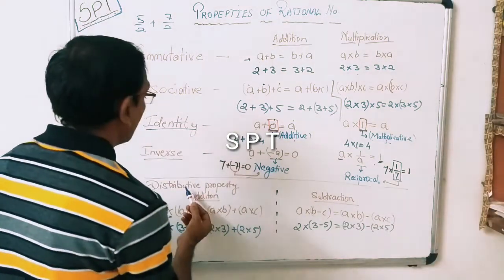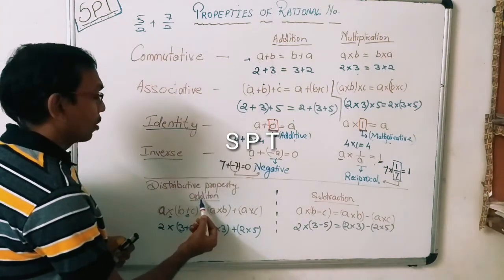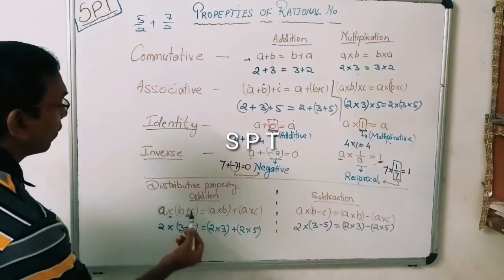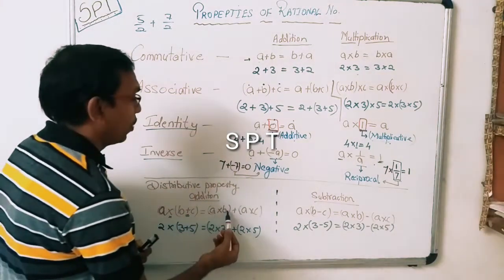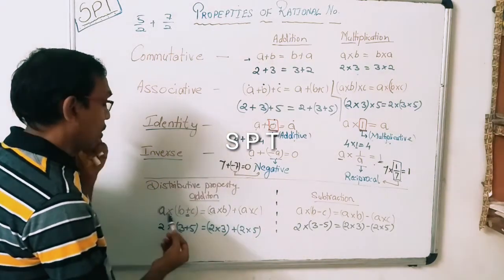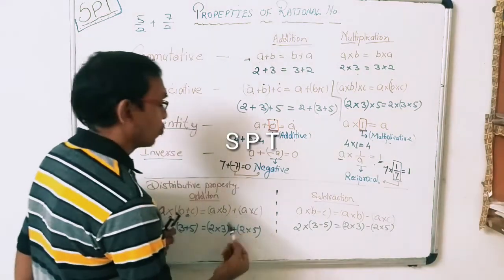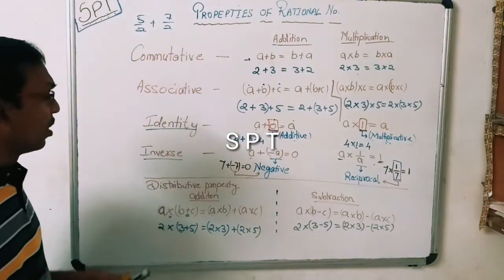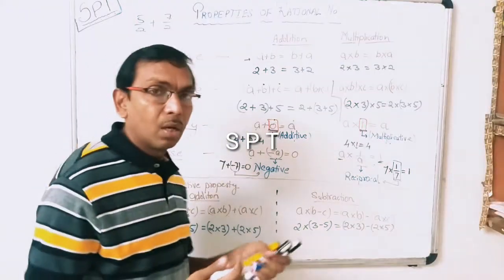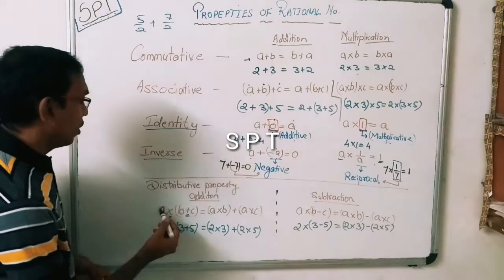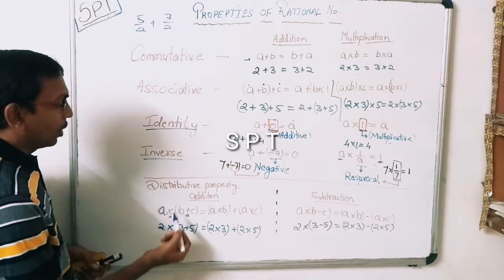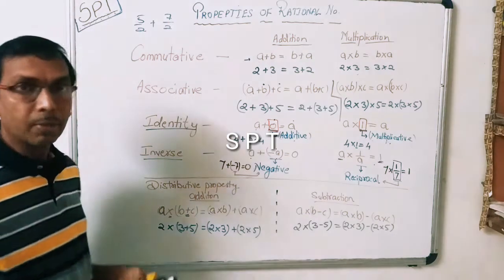So this is distributive property of rational numbers over addition. Now the formula is a into b plus c gives us a into b plus a into c. It is very important to note it and follow, because many a times we use directly a is multiplied by b but not by c. हम लोग क्या करते हैं कि a को b से तो मल्टीप्लाई करते हैं, c से नहीं करते हैं, और आंसर हमारा गलत हो जाता है.